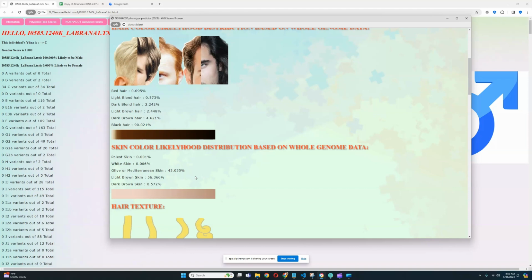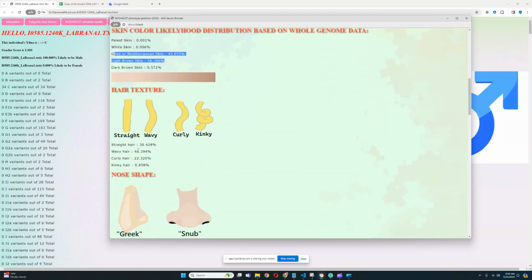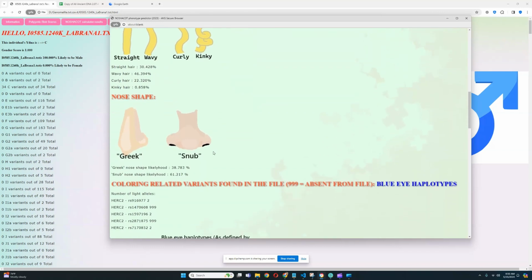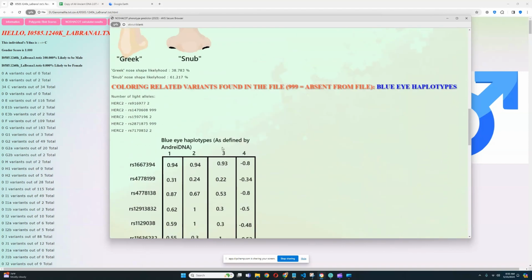olive skin tone. So between light brown and olive for the skin tone, and for hair texture, looks like he is scoring wavy hair texture for the largest percentage, but it is also possible to have curly or straight hair as well. Kinky hair is almost completely out of the picture, and for nose shape, slightly higher odds for snub nose shape rather than for Greek, but still there are more or less evenly similar percentages for those traits. When it comes to coloring related variants, looks like he has light color variants for all the relevant variations